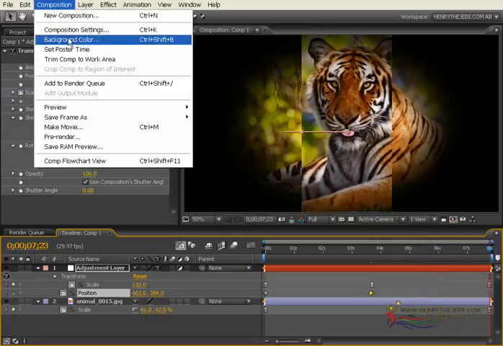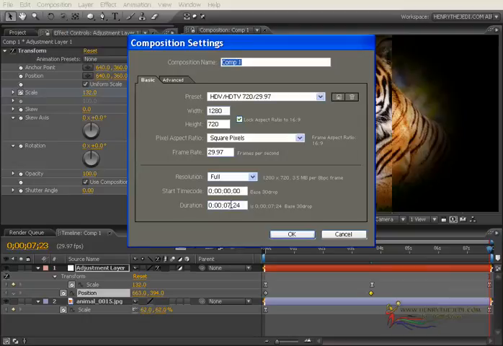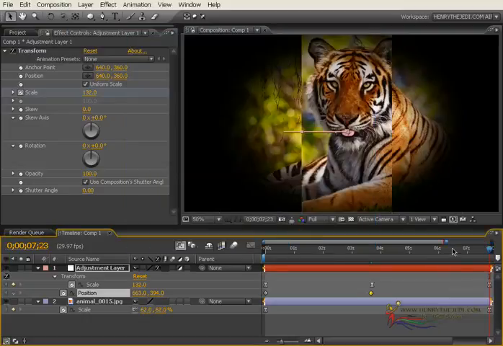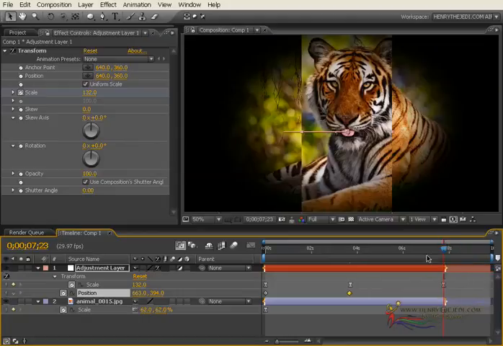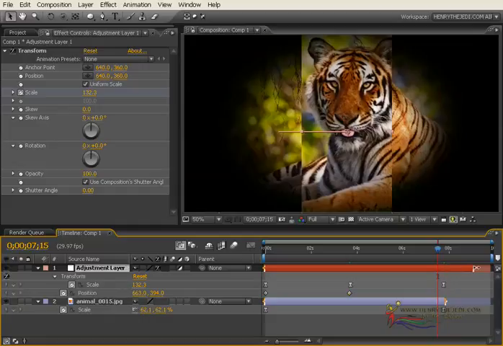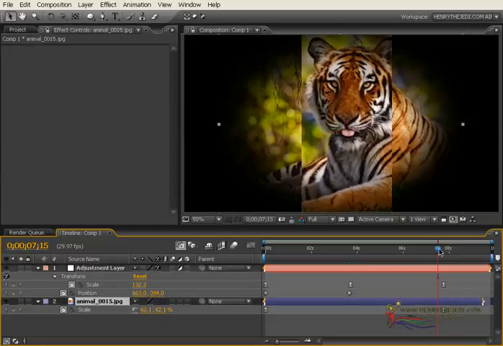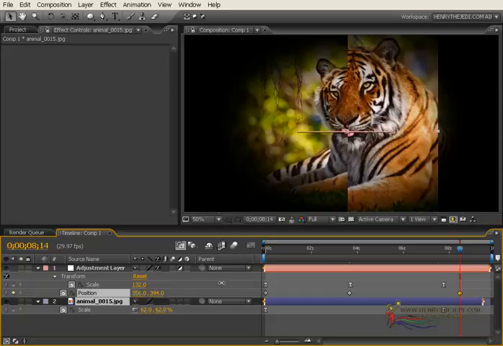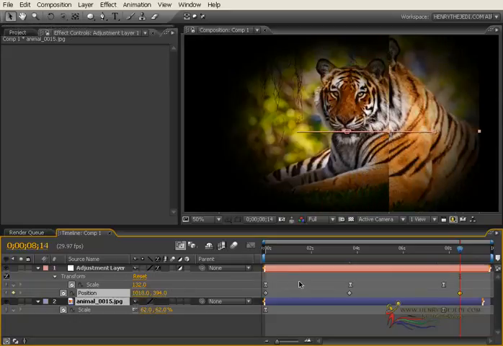I'm going to composition settings. There's something interesting we are going to do. Let's change the duration to 9 seconds, okay? Now we are going to move out of the animation. Let's simply drag the adjustment layer and the animal layer as well. We are going to go around the 8th second or so. Then we are going to change the position of the adjustment layer to somewhere there.